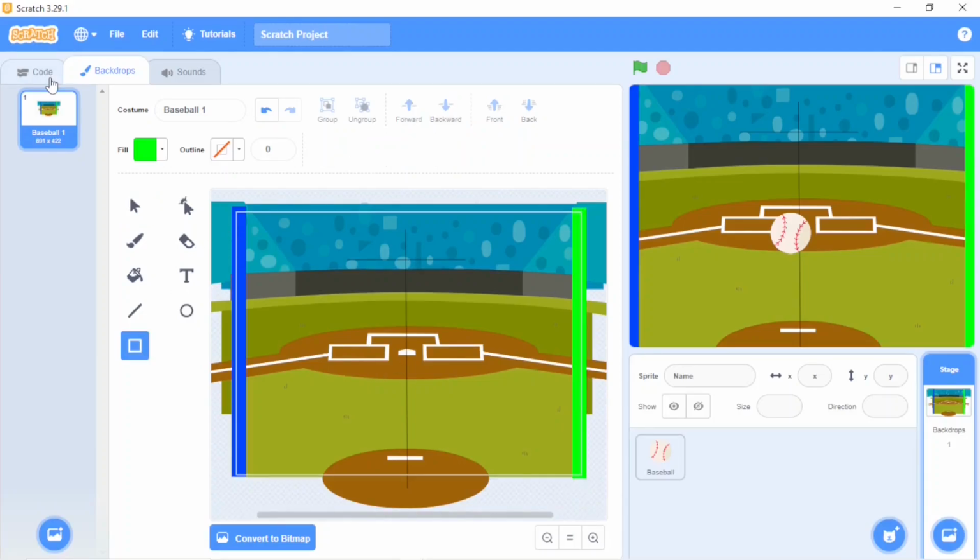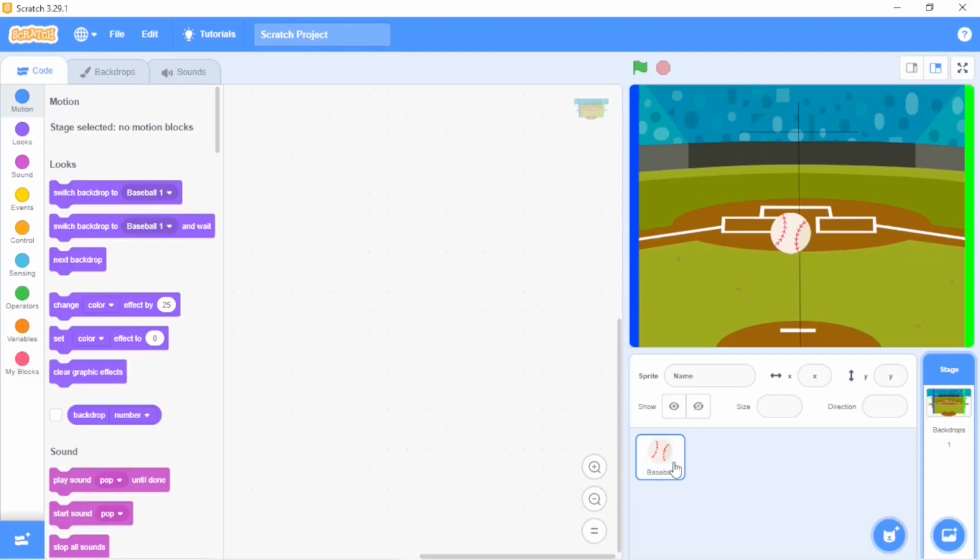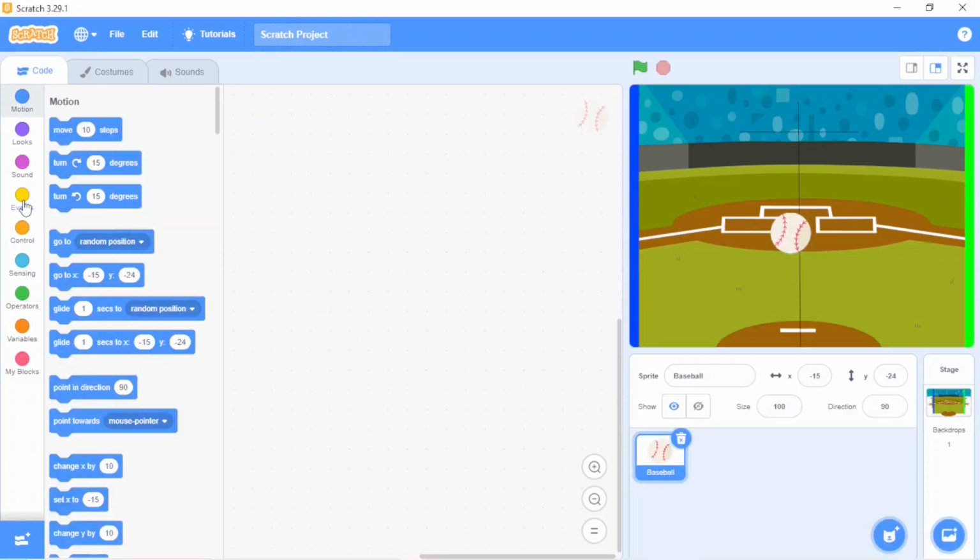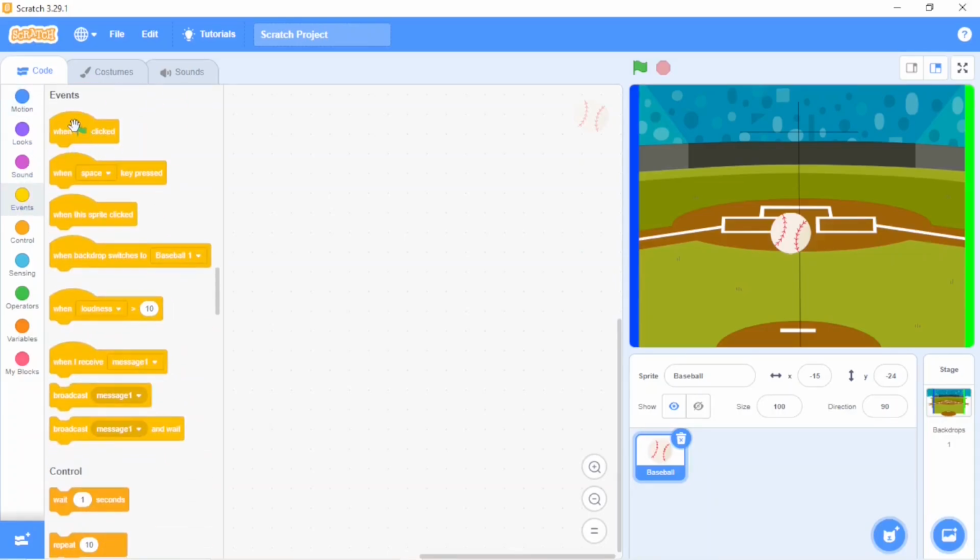Okay, now go to the codes, and let's start with the coding of baseball. From which block do we start? If you said events, when flag clicked, you are correct.